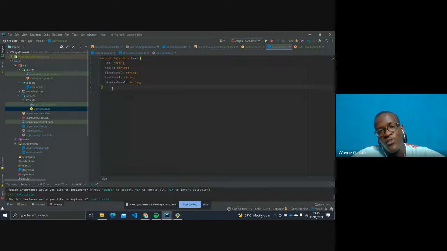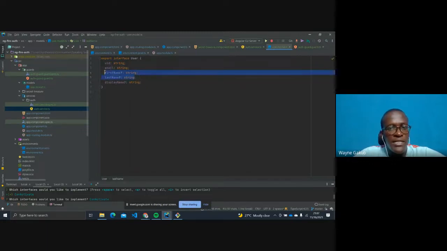You want to make things strict so that you don't send null data inside your Firestore or any database in that case. So we created a model or interface of type user, and it's going to have the UID, which is the user ID, email, first name, last name, or display name. I'm putting them as optional because if you're going to use Google sign-in, you are always going to have just the display name, email, and UID being created. But when it comes to last name and first name, it doesn't add them over there unless